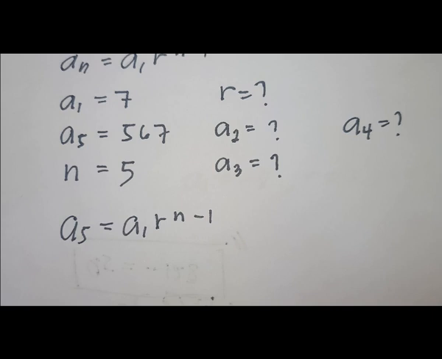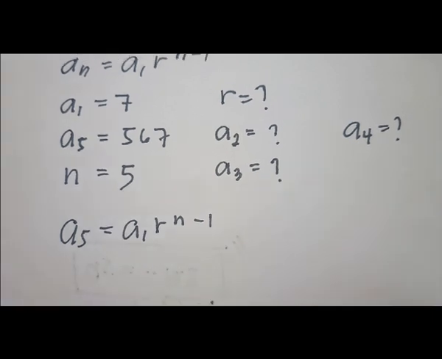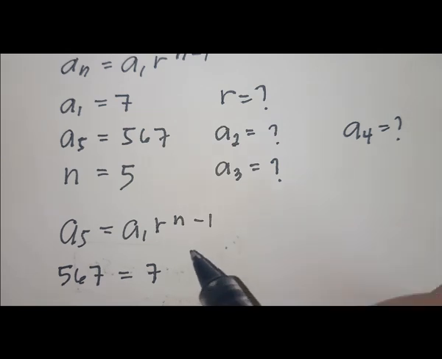After this, substitute natin yung corresponding value na meron sila. Yung a sub 5 natin ay 567. Ang a sub 1 naman natin ay 7. Ang r natin ay unknown. Ang n naman natin ay